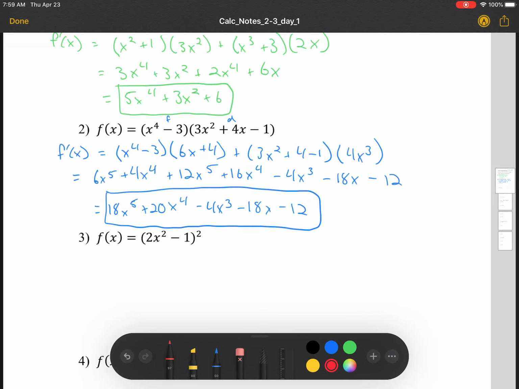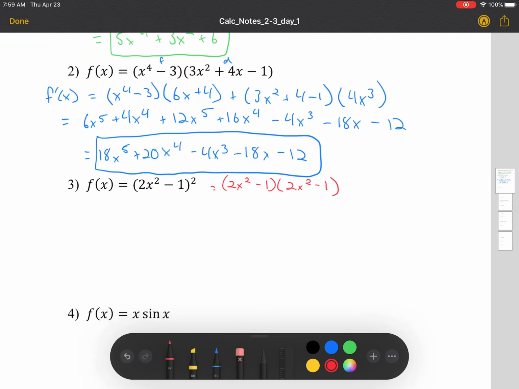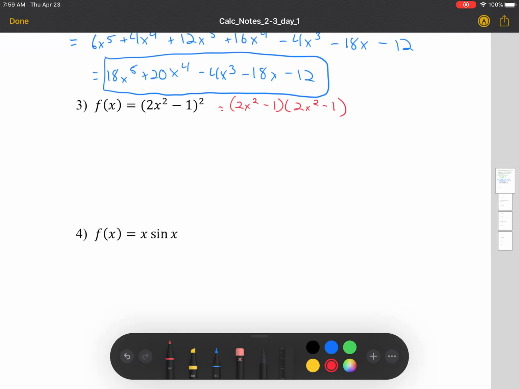Now we're on to 3. Notice it's squared, so it's kind of like having the same function twice. We could write that as 2x squared minus 1, 2x squared minus 1. So you have two functions, they're just the same thing. So when we take the derivative,